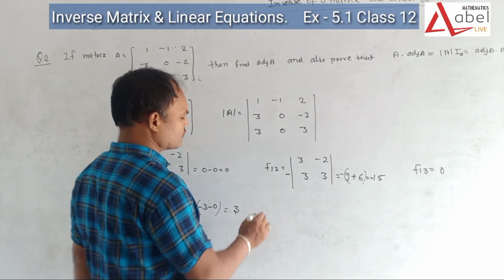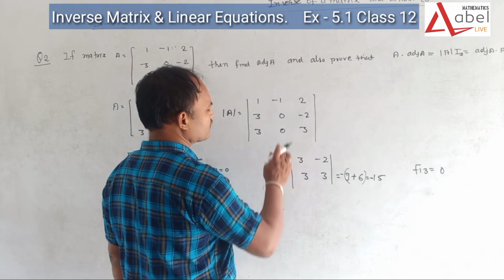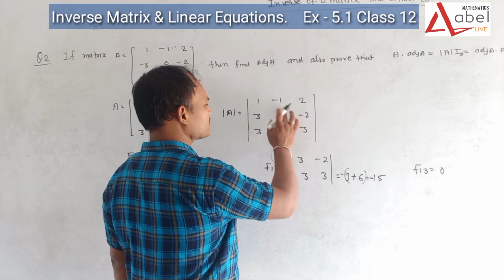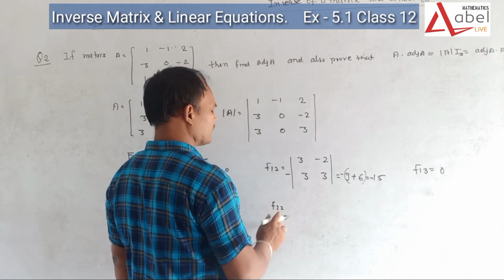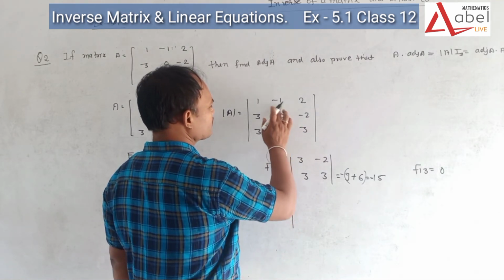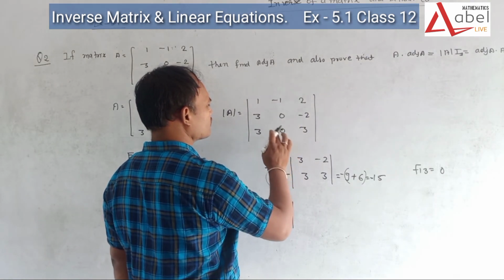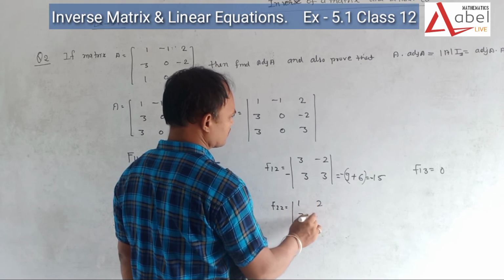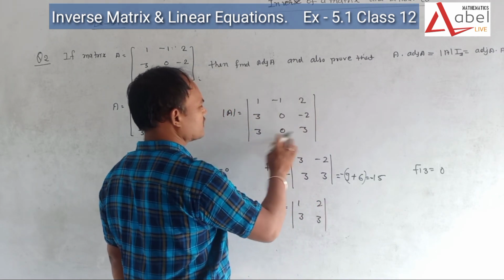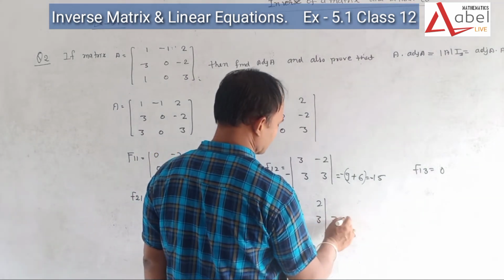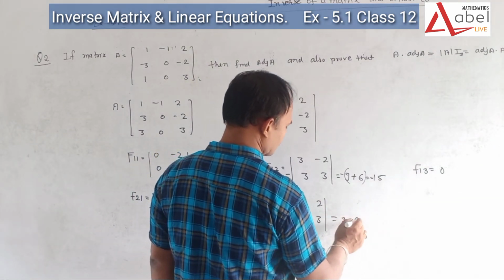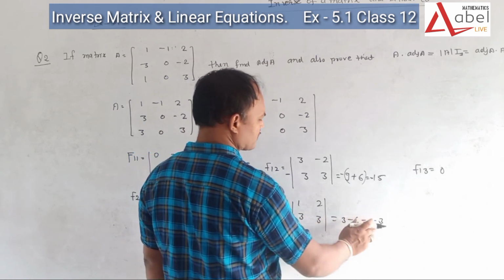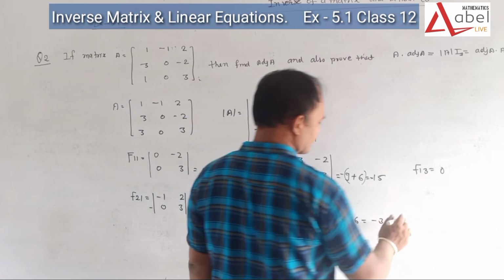Okay, what is F22? We are going to find F22. It means we are going to find it with respect to 0. Always remember that it does not mean the value is 0. F22 means we leave this column and this row. The remaining part is [1, 2; 3, 3]. So it is 3 minus 6, which is minus 3. The question arises, it is 2 plus 2, so there is no change, so it is minus 3. Now we are going to find F23.